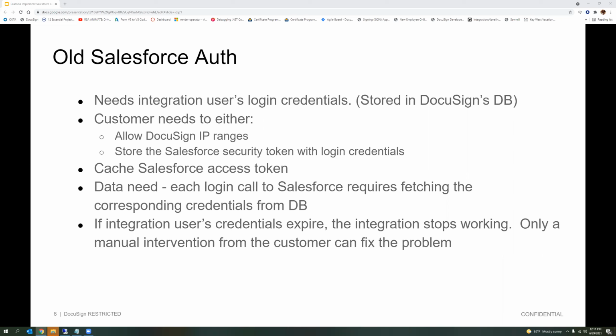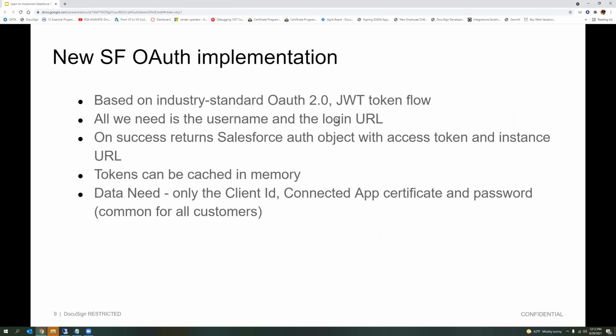So to sum it up, this is a risky and headachy way to connect DocuSign backend to Salesforce backend. And this experience made us look for better ways to authenticate our backend with Salesforce. Shantanu, show them what we learned and what we implemented. Thank you, Neil. Hello, folks. Thank you, Neil, for a great background.